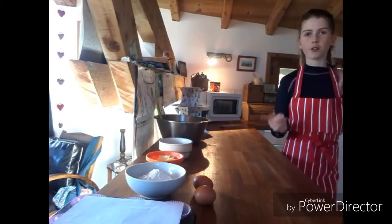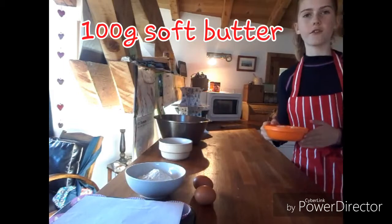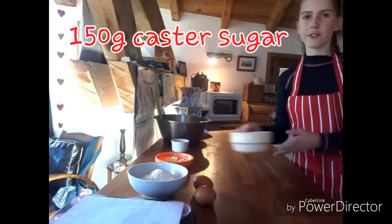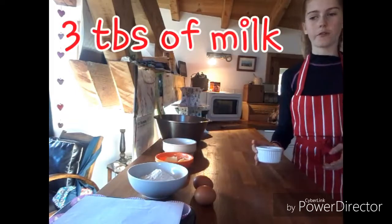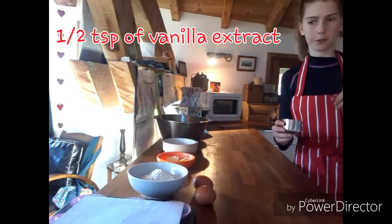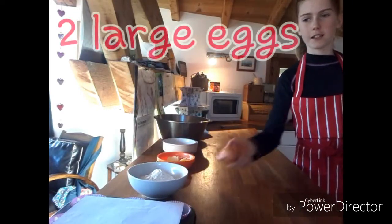So let's get into this video. What we'll need for my cupcakes will be 100 grams of soft butter, 150 grams of self-raising flour, 150 grams of caster sugar, 3 tablespoons of milk, half a teaspoon of vanilla extract, 2 large eggs,